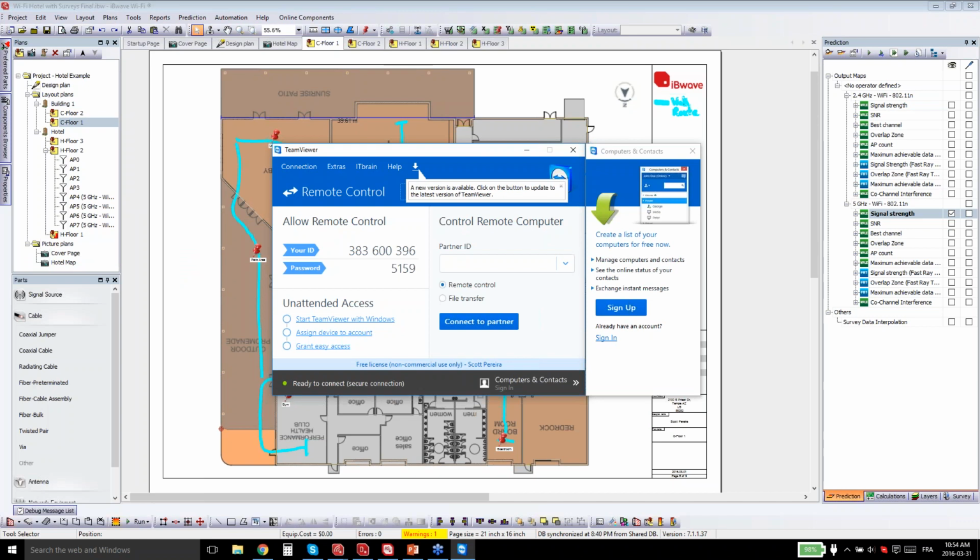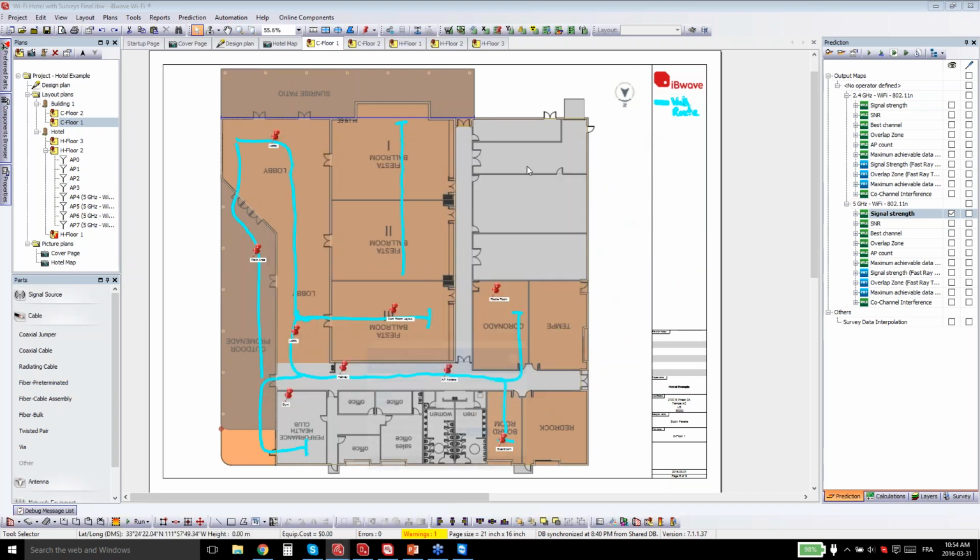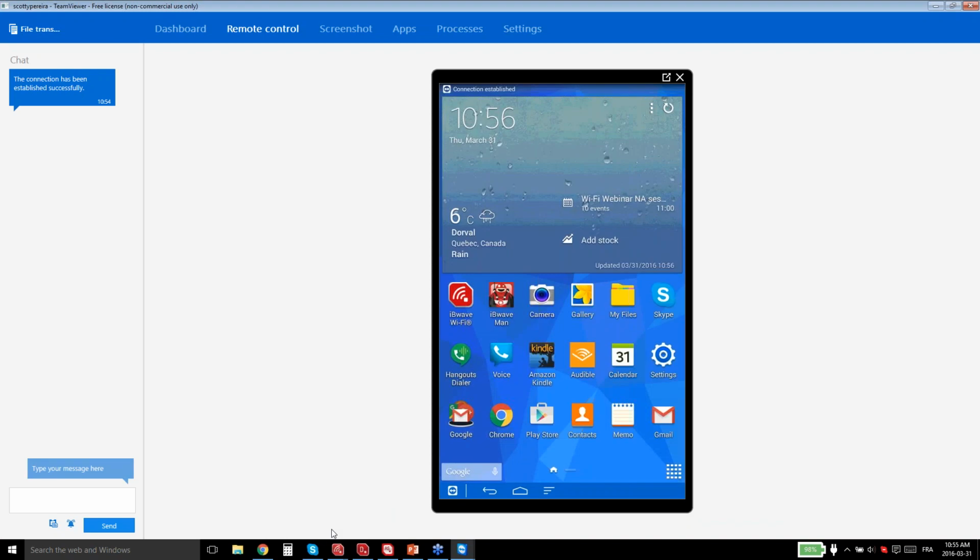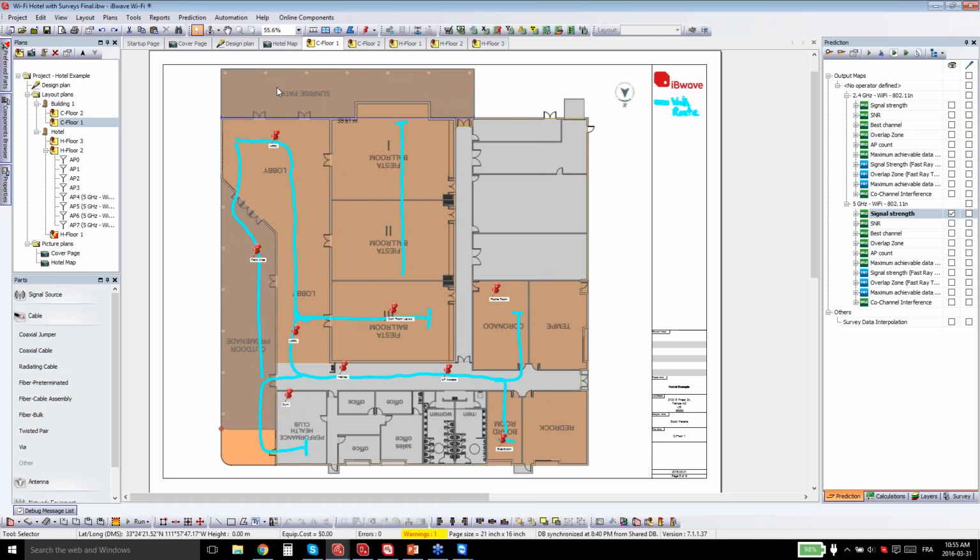Another question is, what if only 2D CAD files are available? Can they still be used? Absolutely. So if you have just two-dimensional CAD files, you can import them. And the way this works is that we have right here at the bottom of my screen, let me just accept this. Okay, perfect. So if I go back to the iBwave, so when you receive a two-dimensional file, we